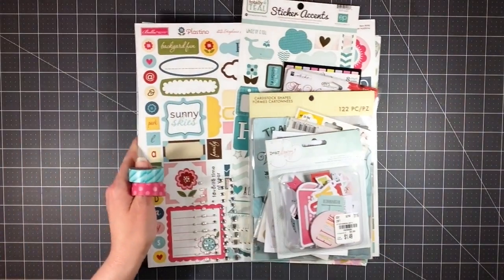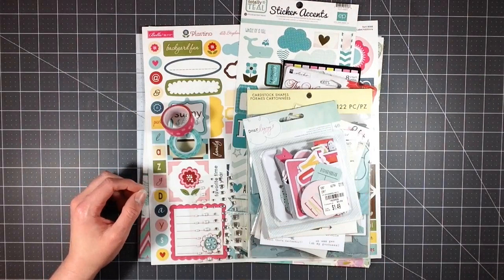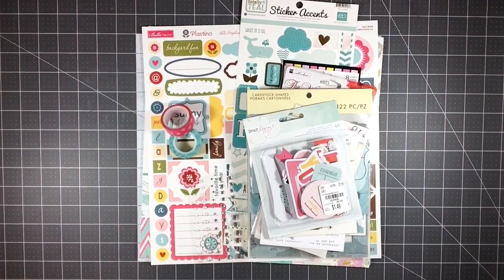There are not quite as many pieces in this one, however I have more die cut packs, I believe. So this is just a different look, a different kit that I'll be working with. I'm hoping that I can get 15 to 20 pages out of each of these kits. Maybe not quite that many because there's only 12 by 12 pattern papers. But at the very least, I'd like to get 15 pages. So anyways, it could take me 6 months, it could take me 2 weeks. I have no idea how quickly I'll be going through these kits, but I did want to make sure I